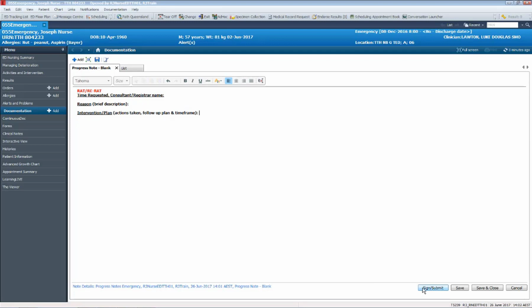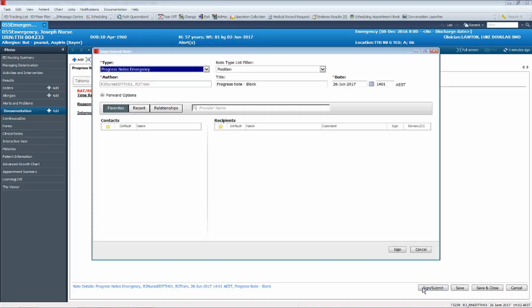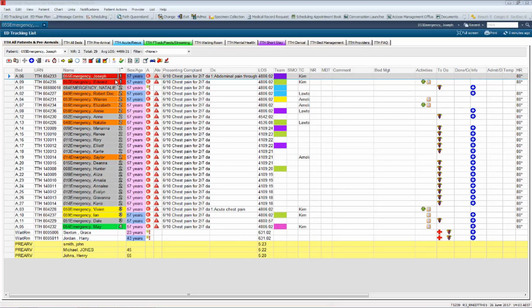The same note is to be used to document any further RAT/RERAT requests during the shift by using the addendum process as outlined previously. If the patient remains in ED or SSU across multiple shifts, then each shift requires a separate RAT/RERAT progress note. To add a set of vital signs, make sure your patient is selected on the ED